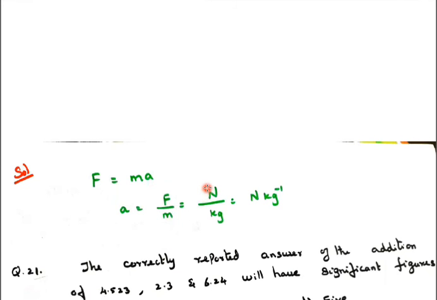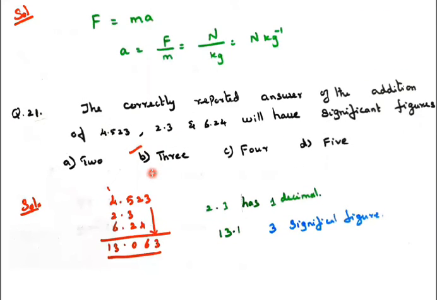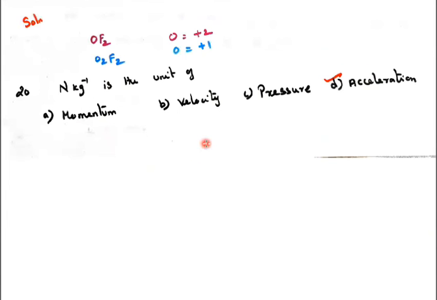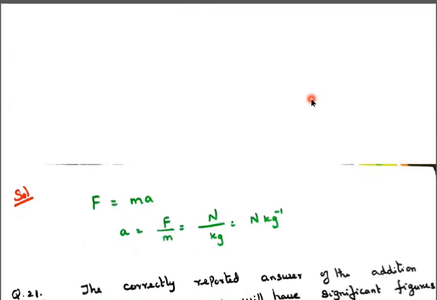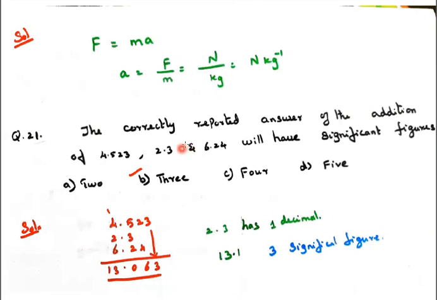Force is in the Newton unit and mass unit is kg. So Newton per kg is the unit of acceleration. You should remember Newton's first law, second law and third law. The second law is force equals ma, which is mass into acceleration. So acceleration is the correct answer for Newton per kg. Next, second question: the correctly reported answer of the addition of